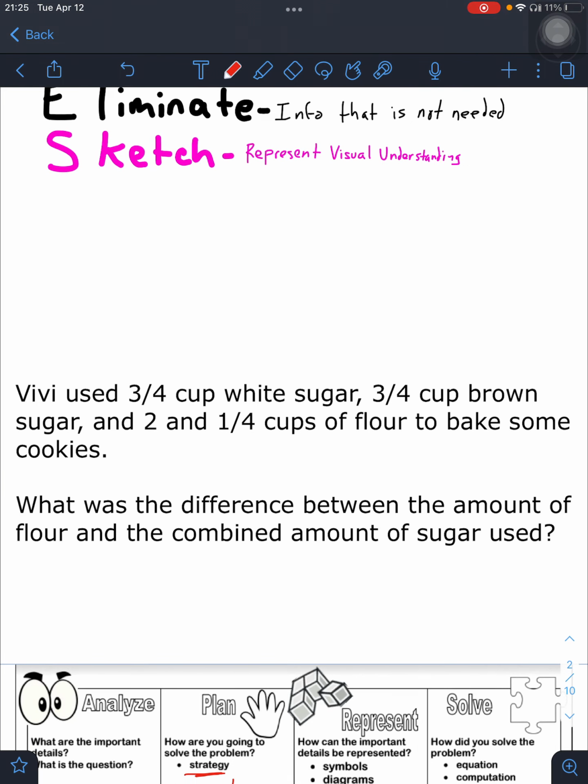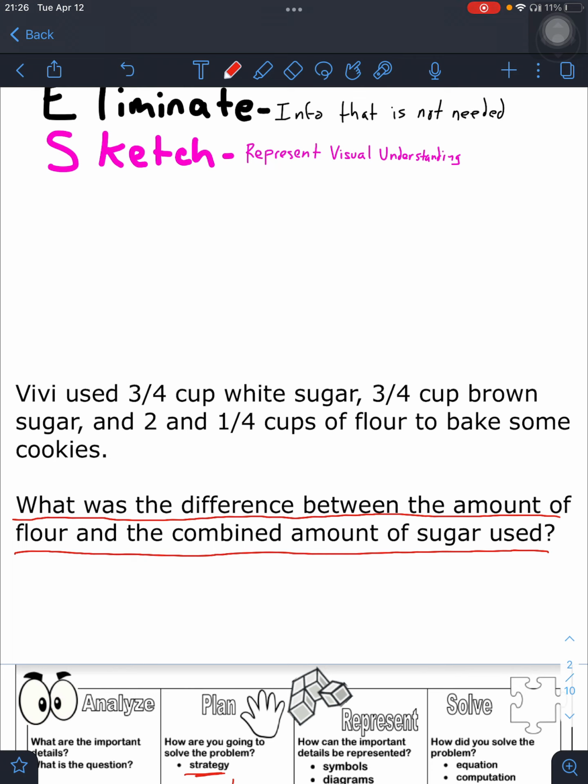BV used 3/4 of a cup of sugar, 3/4 of a cup of brown sugar, and 2 and 1/4 cups of flour to bake some cookies. What is the difference between the amount of flour and the combined amount of sugar used? Okay, so here's our question itself. That's what we are underlining,